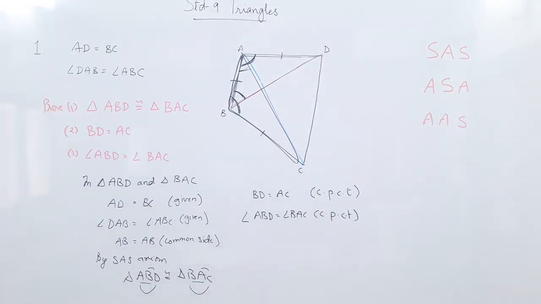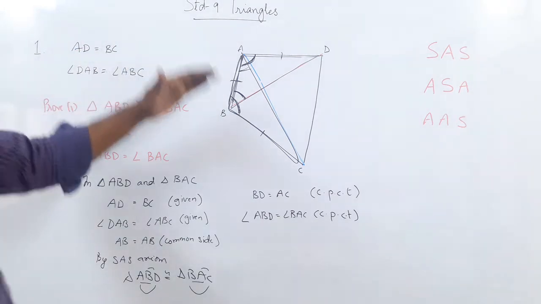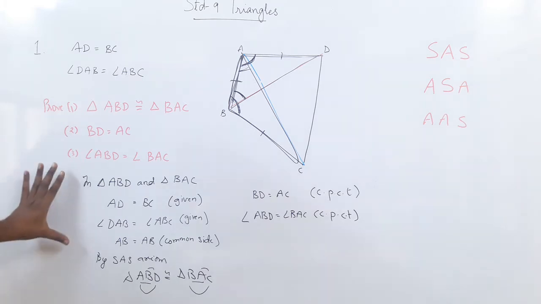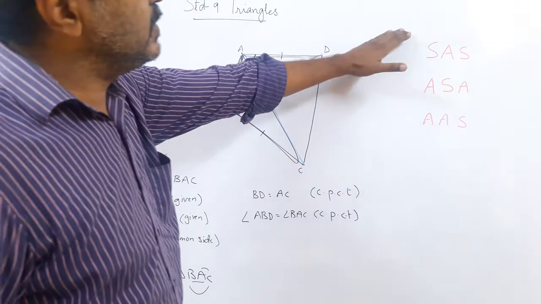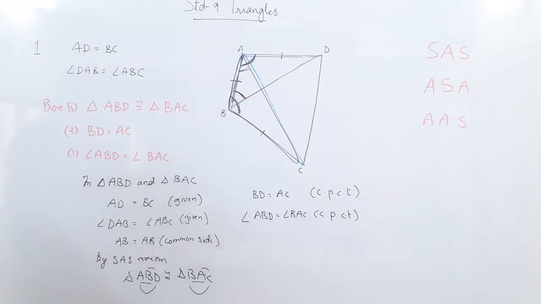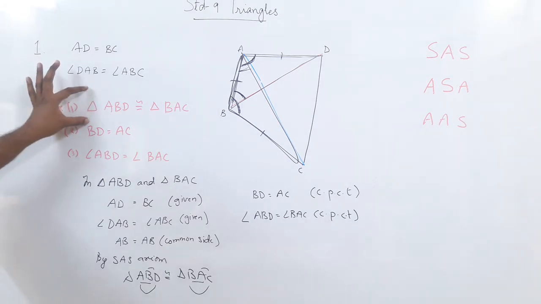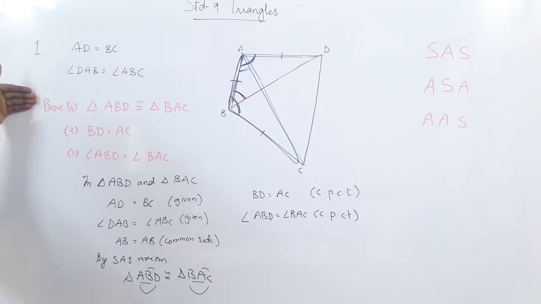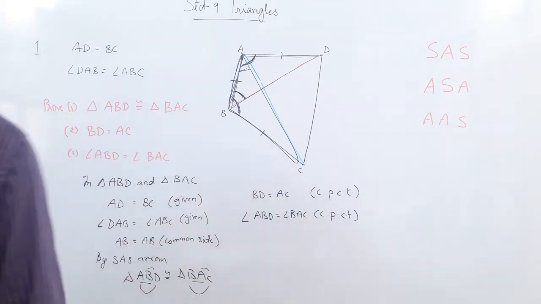So here what we have seen, to prove the triangles are congruent, you have to first choose the triangles. Okay? So understand the pattern. To show the triangles are congruent, you have to first choose the triangles. So the triangles are already given, so we choose the triangles, and then we showed which three parts of the triangles are congruent, and using this axiom or these two theorems of this axiom, by choosing the right one, we showed the triangles are congruent. And if the triangles are congruent, their corresponding parts should also be congruent, and hence the 2 and 3 results come from the first one. If we prove the triangles are congruent, their corresponding sides are equal and corresponding angles are also equal.